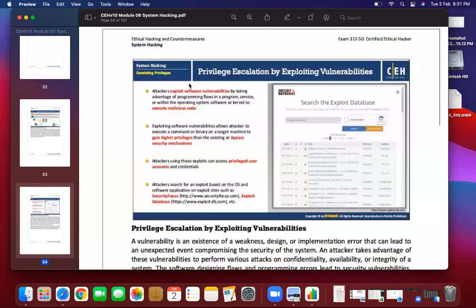Suppose for a particular operating system you want to find some vulnerabilities, you may go to this website, find the vulnerabilities of that operating system, and using that you can exploit. Don't worry, I will show you the practical steps on how to perform this activity.